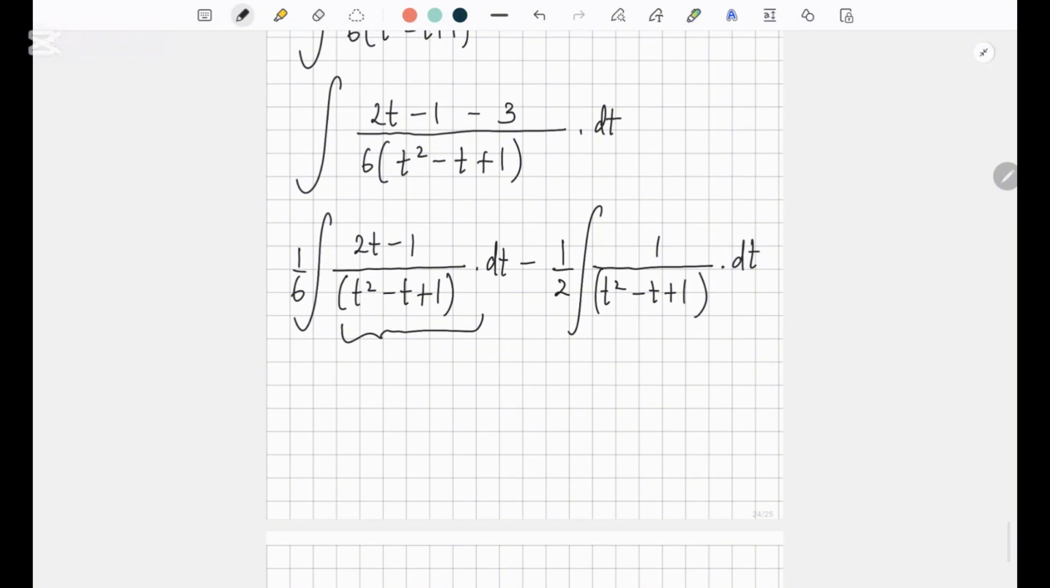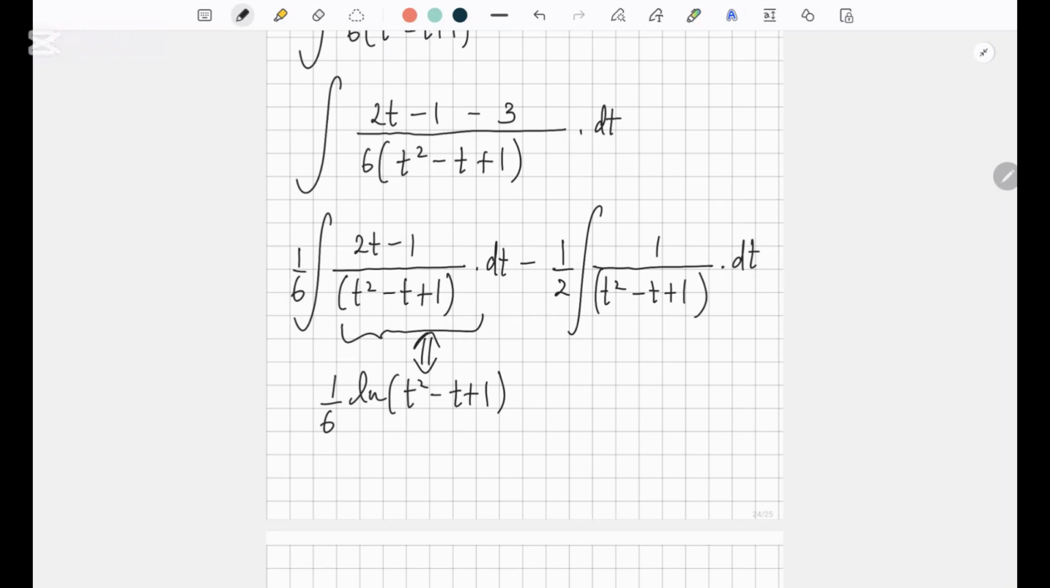What would that give you? So if we just differentiate ln of t squared minus t plus 1, how do you differentiate this? 1 over t squared minus t plus 1, into the differentiation of what you have inside the bracket. So the differentiation of t squared minus t plus 1 is 2t minus 1. Can you see it's the same exact thing? So all you have to do is multiply this by 1 over 6 and you got the answer